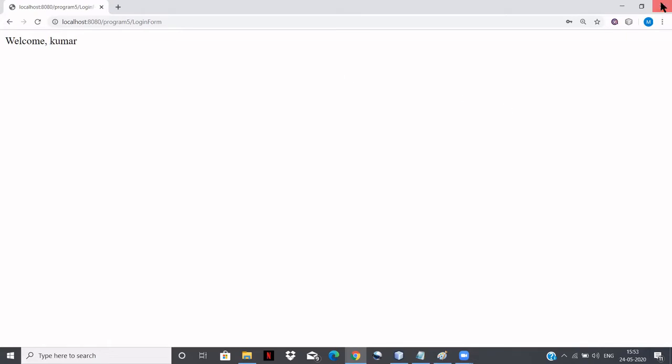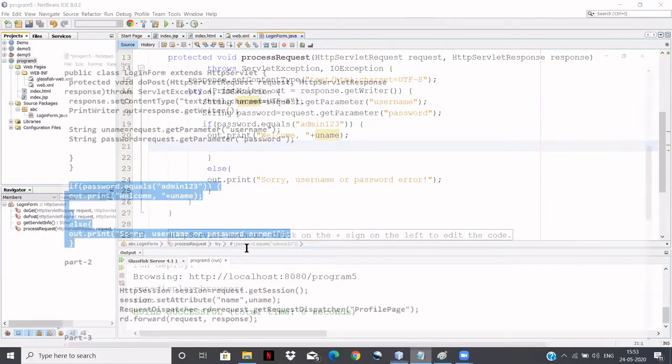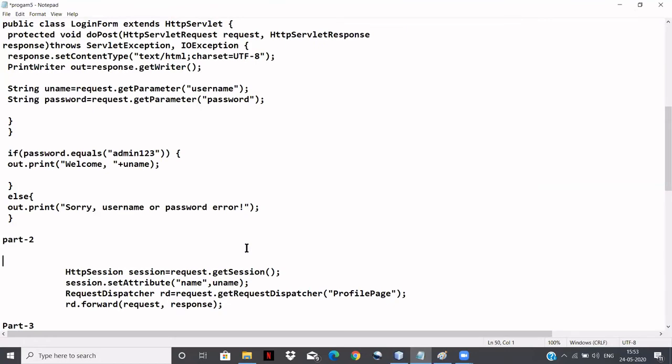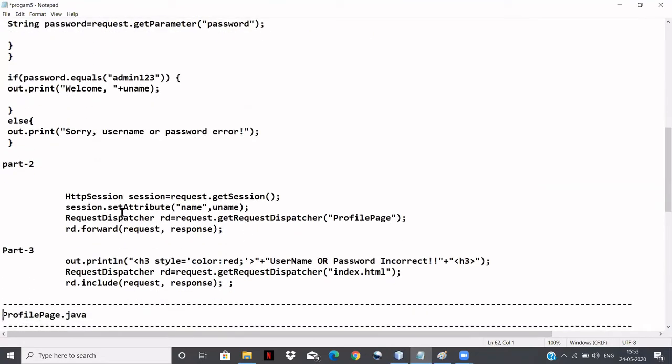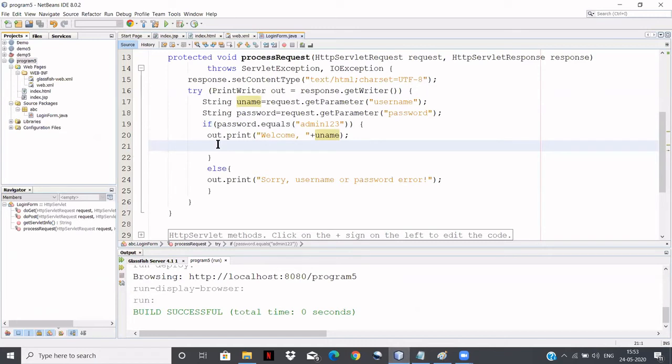Now for that, I have to create one session, right? How to create a session? See, I'll show you how to create a session here. I'll just copy the code and paste it.